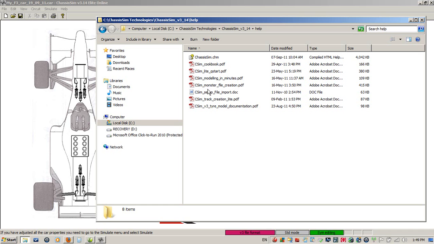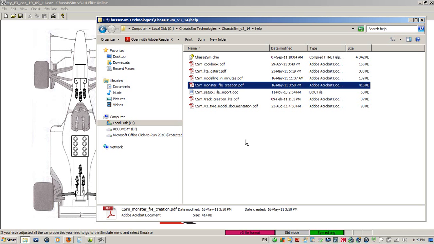First things first, the first PDF file I want you to read is ChassisSim What that discusses is how you go about creating something in ChassisSim called the monster file. The monster file is an export of all the relevant data you'll need to create a vehicle model from a single flying lap of data. This is really, really important. This is a skill that you've really got to master to use ChassisSim properly. The better your monster file is, the better results you're going to be getting